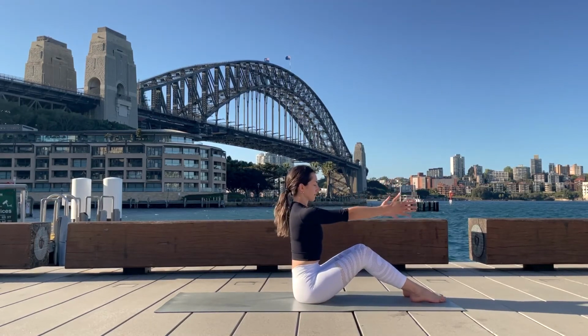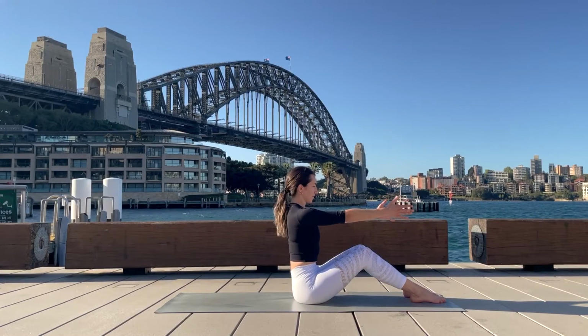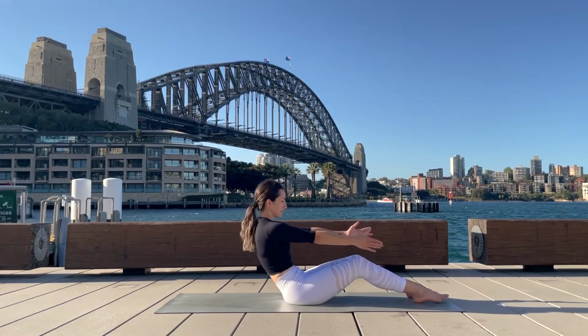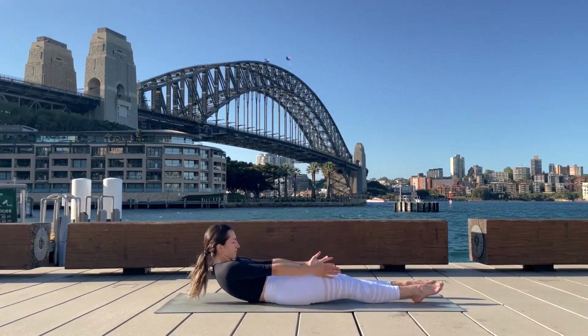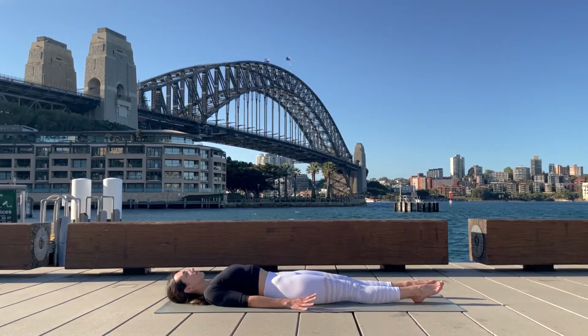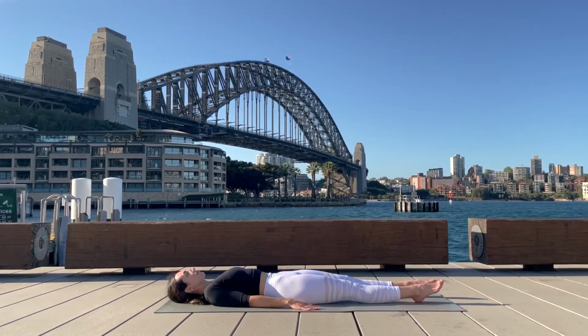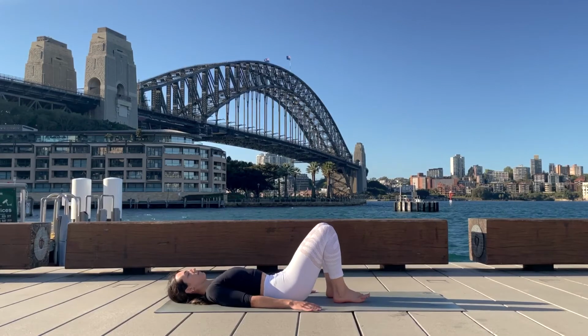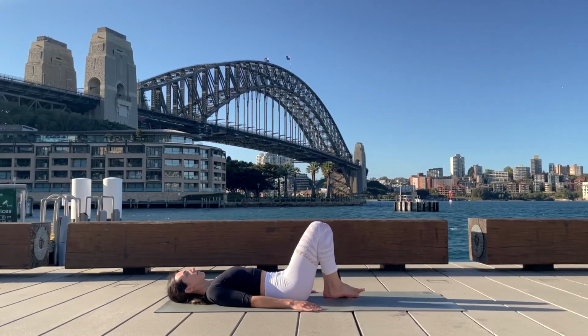Sitting nice and tall, we're going to come into one last roll back to the floor this time. Roll off your sit bones and then lower one vertebra at a time on the floor as you push your thighs into the mat, coming all the way onto your back. Bend your knees, place your feet firmly onto the mat, and reach your arms up to the sky, palms facing